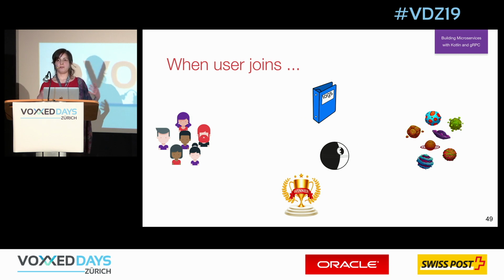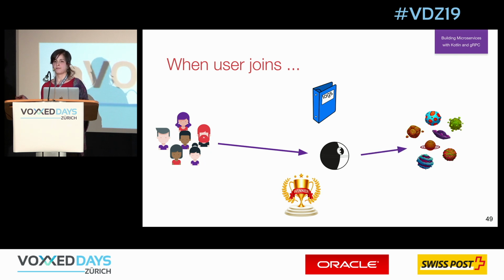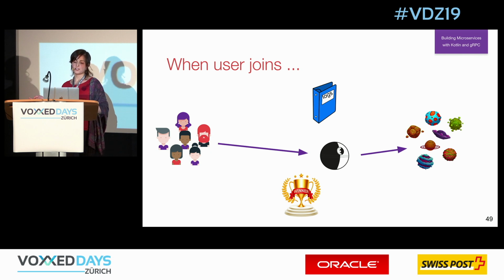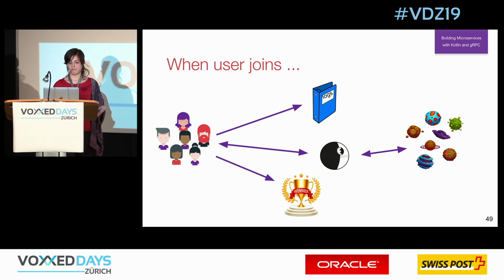So, let me explain what this application is. In this application, we have two main flows. First of all, when a user joins, when you enter your name and you join our application, what happens? You go to the Death Star service, and you register there. Death Star also goes to the Planet service, gets all the planets that we have in our universe, and returns them to our user in order to paint all this stuff. Then we also subscribe to logs and subscribe to scores in order to see the scores of other users, and to see some logs of what's happening with this application.